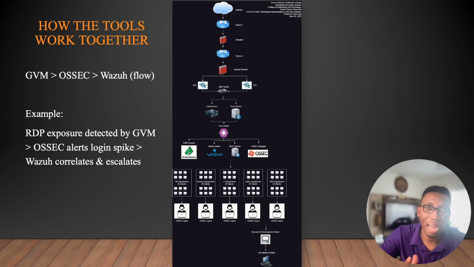These tools don't work in isolation. They interact as an integrated security framework. For example, GVM might find that a Windows system has RDP enabled with weak passwords. While GVM reports that vulnerability, OSSEC actively watches that host for failed login attempts or unauthorized changes to system files. Wazoo then collects this data, correlates it with other logs, and raises alerts if suspicious behavior is detected. This approach means threats are not just identified, but tracked and verified in real time, giving security teams more time